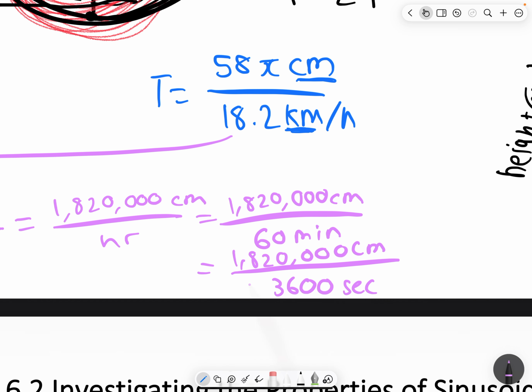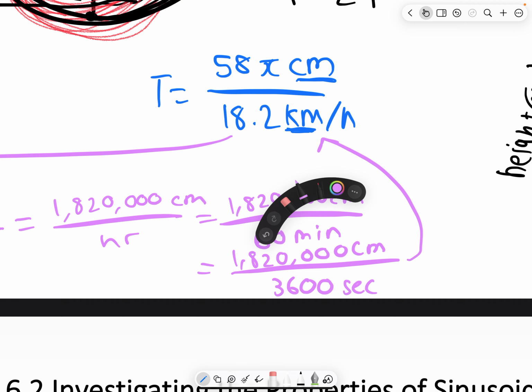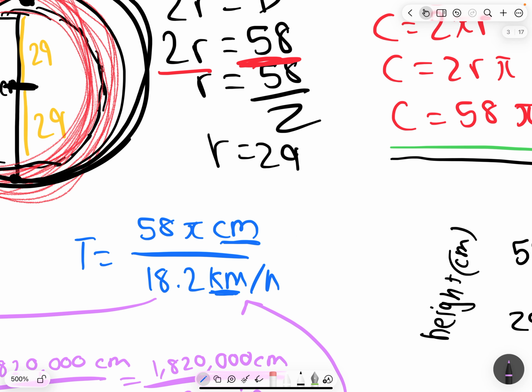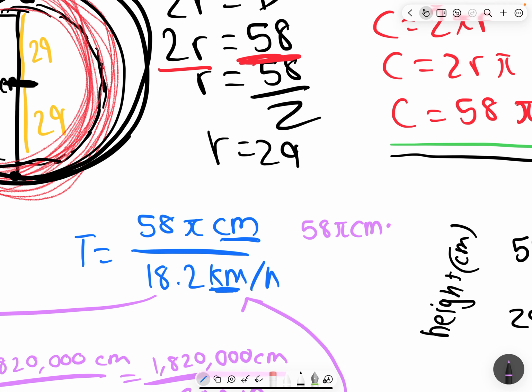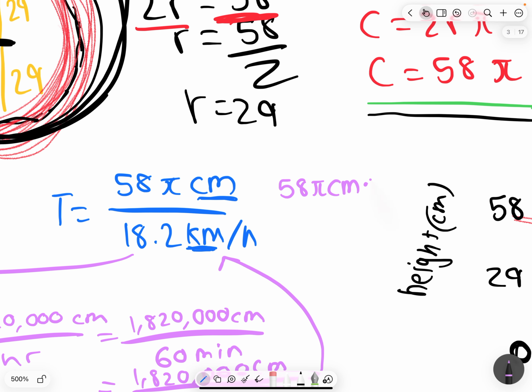Now we can see this is a fraction in the denominator. Whenever this occurs, you just take the reciprocal. So this becomes 58 pi centimeters, times 3,600 seconds,